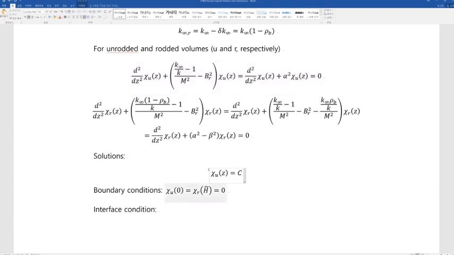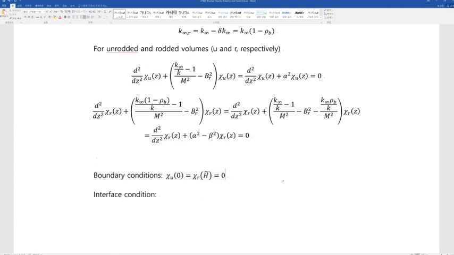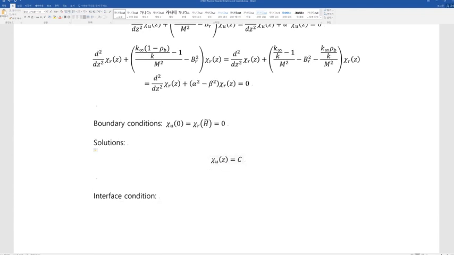And if we apply the boundary condition here, sorry, instead of writing C1 sine and C2 cosine here, let's apply the boundary condition together. So with the consideration of the boundary condition, the solution would be